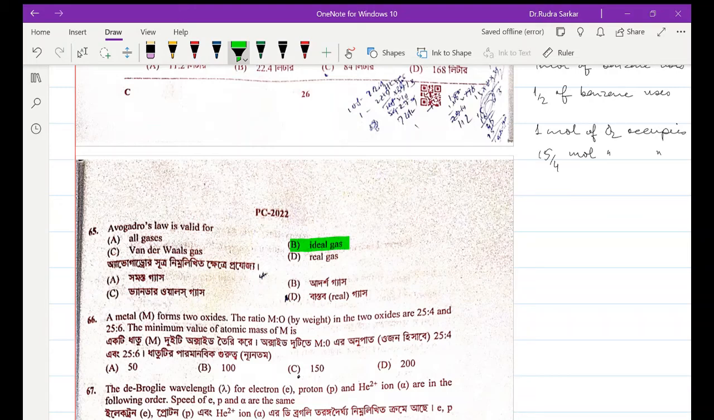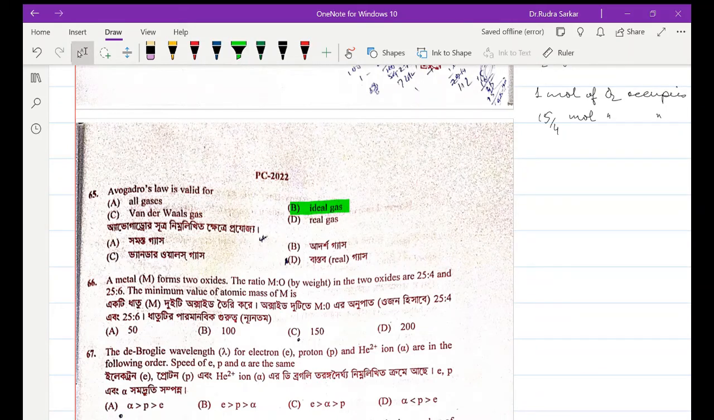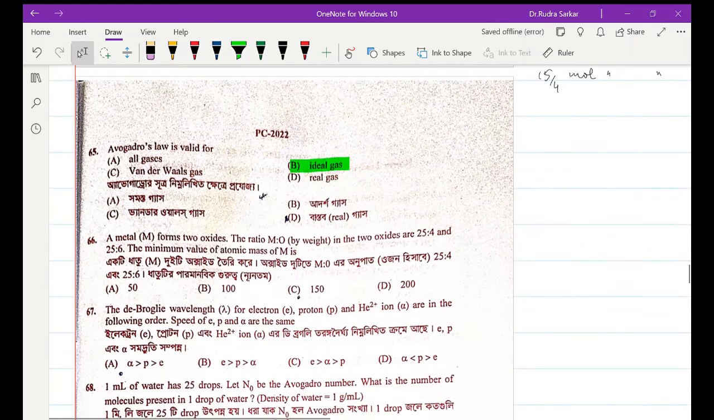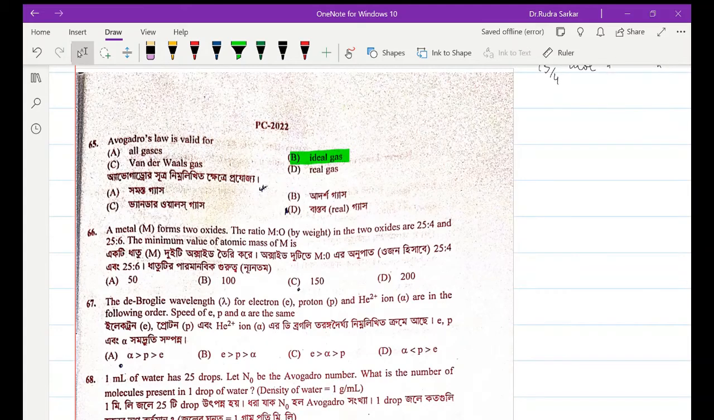Okay, it is only valid for the ideal gas because there is volume correction in van der Waals gas or the real gas. Okay. Next question is,